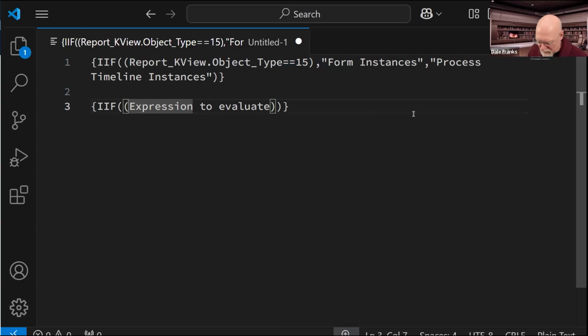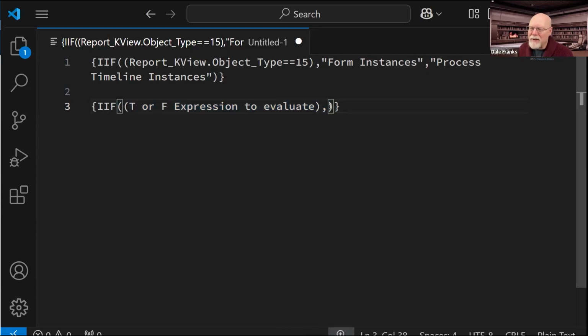So I should probably make this true or false expression to evaluate. Now my expression has to be in its own little set of parentheses. So now that it is inside the second set of parentheses, because the whole if statement is included in these parentheses.